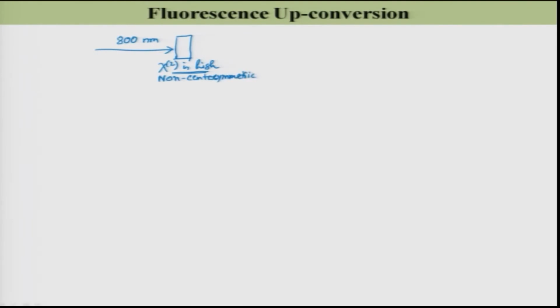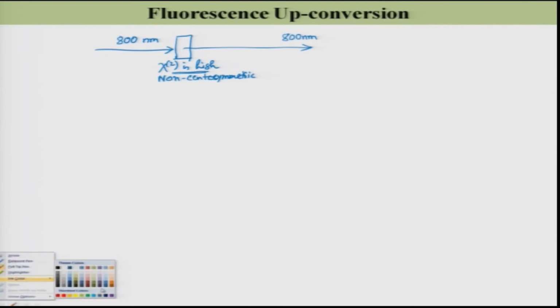Non-centrosymmetric in nature. Then that same 800 nanometer light will come through, but along with that another light will also come. If this is my omega, then 2 omega light will also come. This 2 omega will obviously have a different color, which is nothing but 400